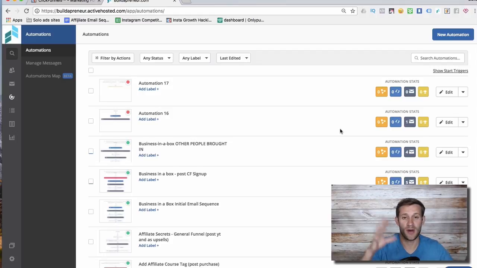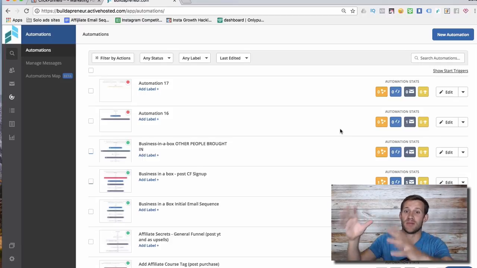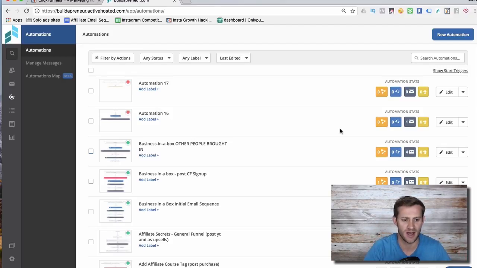So just a little prerequisite here. I started with MailChimp, and then I went to Aweber, and then I went to ConvertKit, and then I went to GetResponse, and I ended up with ActiveCampaign. Okay, so I've been through the ringer, and if you don't want to spend forever like I did building automations into one, and then moving into another, and then moving into another, and just wasting so much time, take heed of what you learn in this video, okay?